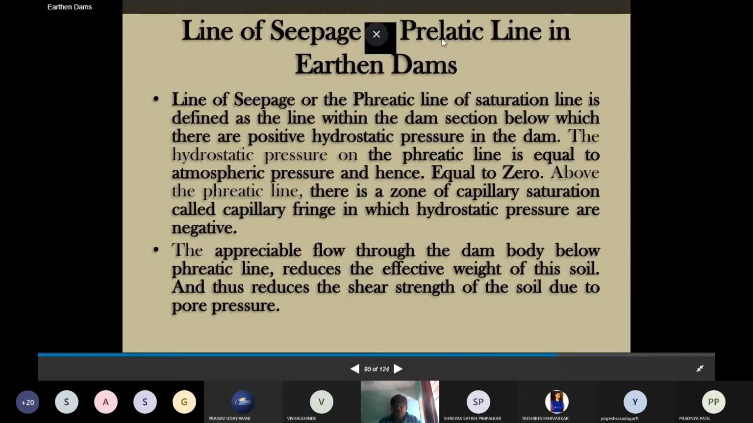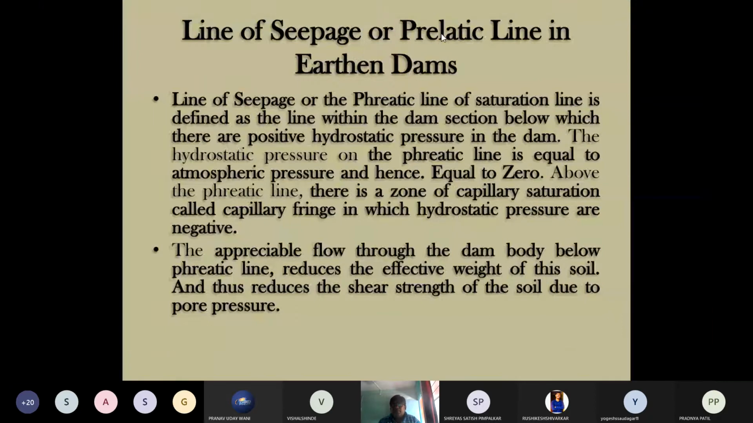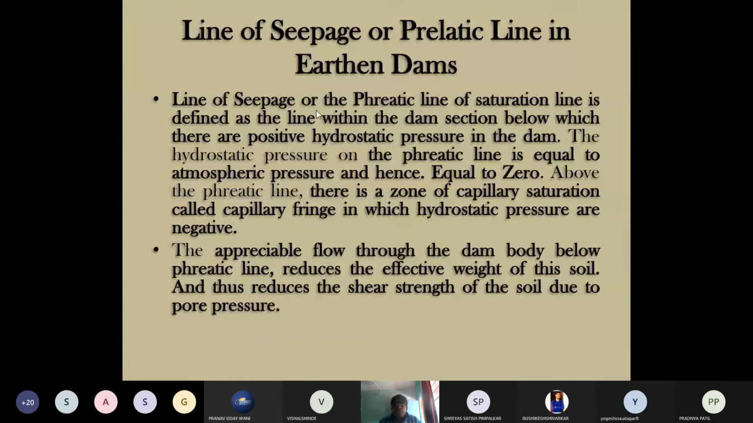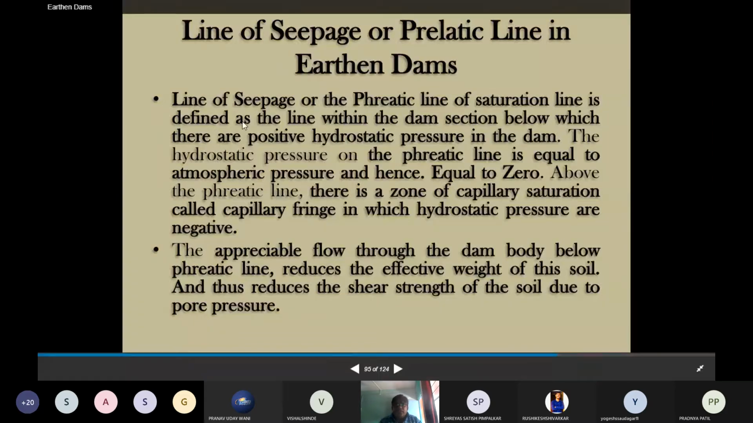Line of the seepage, the phreatic line, has certain corrections. Phreatic line in earthen dams. So this is the correct word: phreatic line. The line of seepage, or the saturated line, is defined as, what